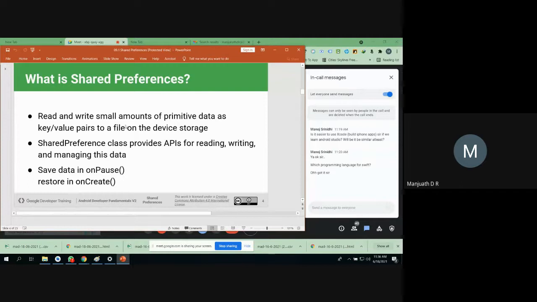So you can do any type of operation. I can write a small amount of information into your file. I'm telling you again, it is completely a private file. It is not publicly available to others. It is purely for your own app, only a single app. I'm speaking with respect to a single app.